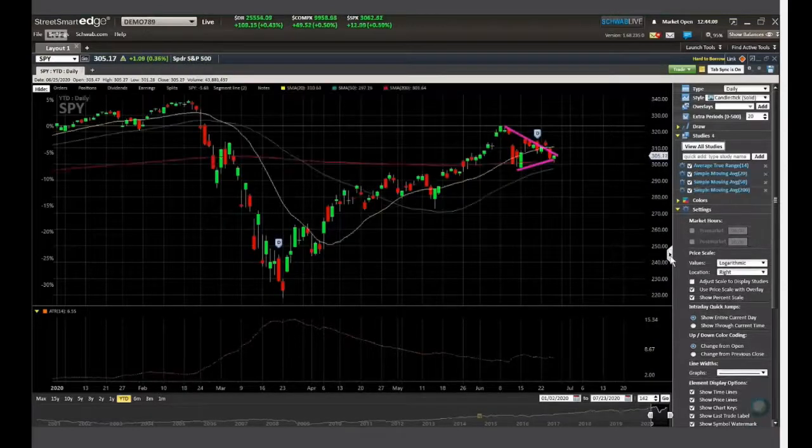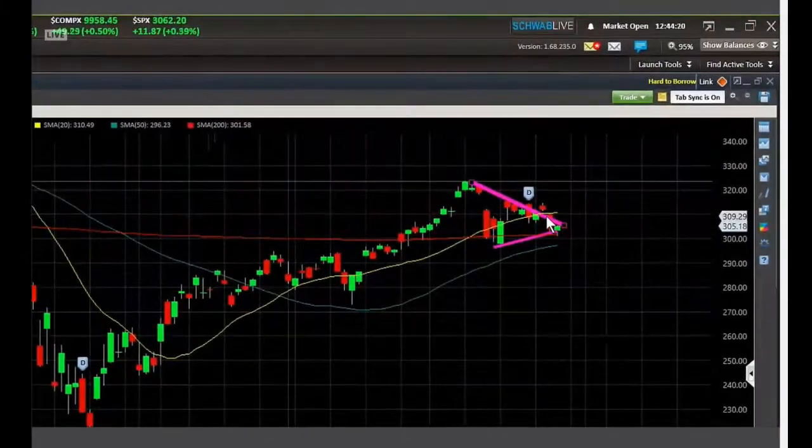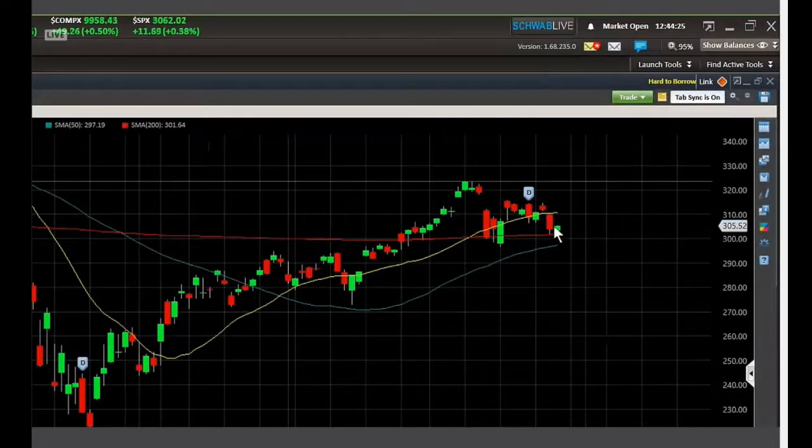At this point in time, they become a little bit of a self-fulfilling prophecy. Why do we use them? Because everybody else does. So here's my 200 right there. Notice that we are right at that 200 line. Let's get rid of these. And I click on it and I hit delete. Click on it and I hit delete. So now I'm at this 200 line. Found the 200 right here, also found it right there.